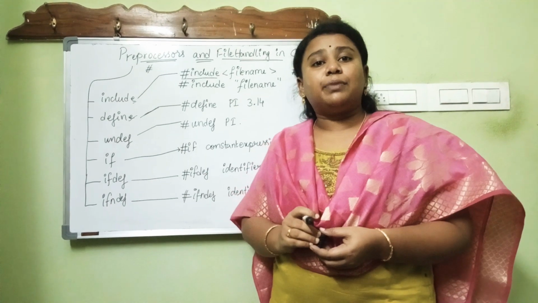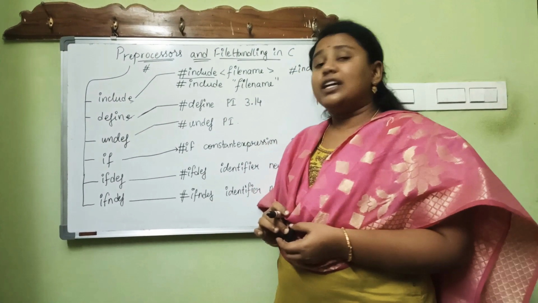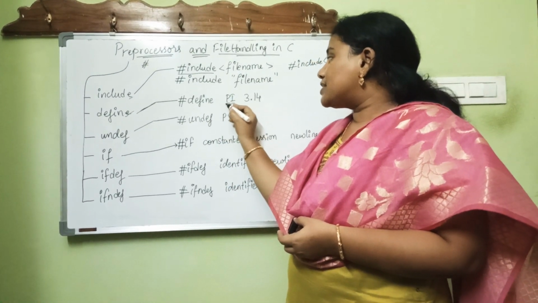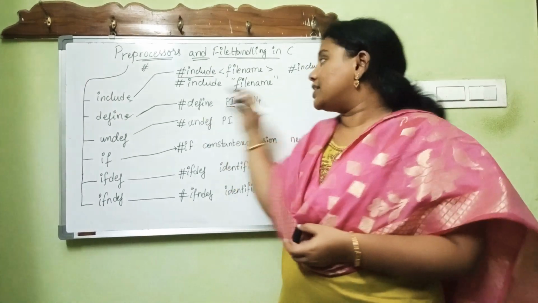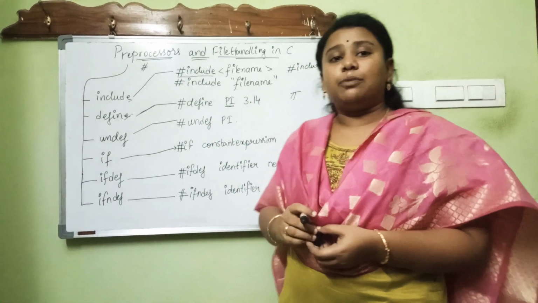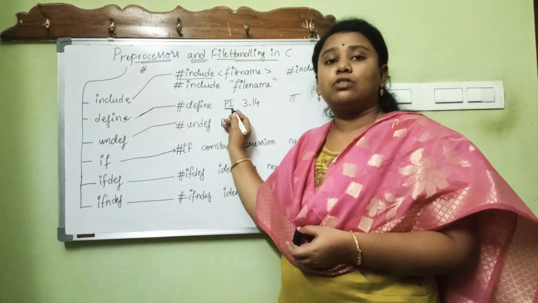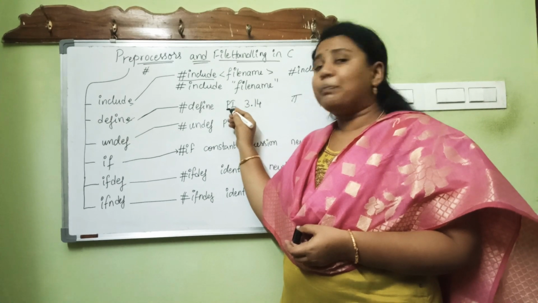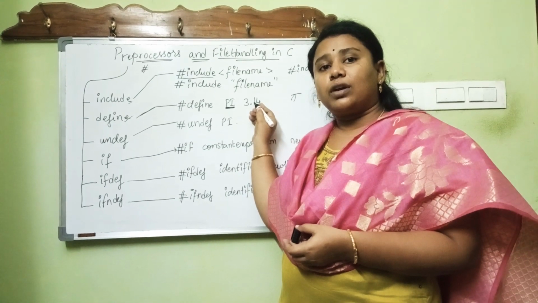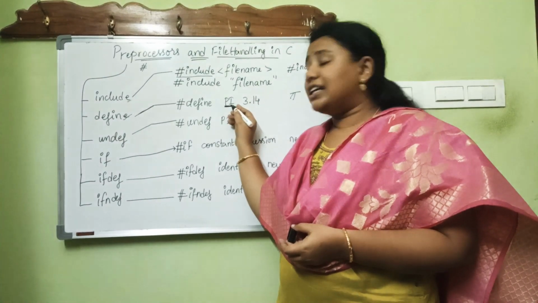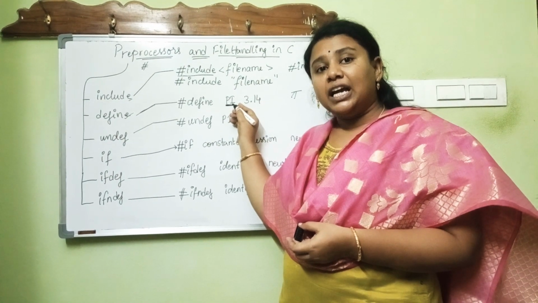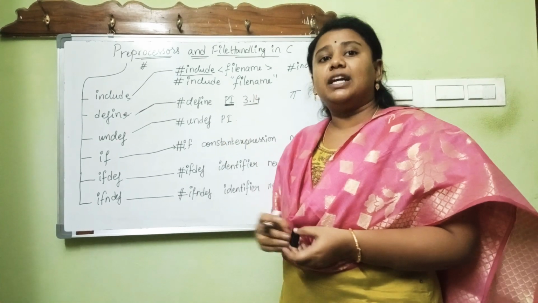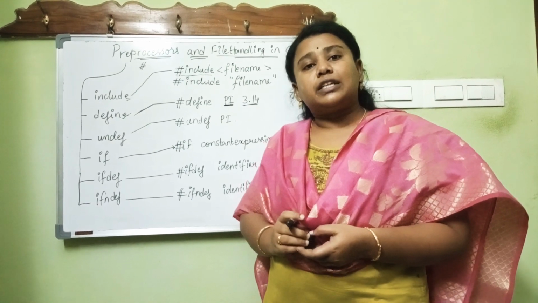Now coming to the second preprocessor directive, hash define. What does hash define mean? Suppose I have a symbol called pi. I cannot have the symbol pi on the keyboard. So what can I do? I can use a symbolic constant called PI. I am going to define this word PI with the value 3.14. Now in the program, whenever you get the word PI, it will be replaced with the constant 3.14 in the entire program. That is what a hash define preprocessor directive does.